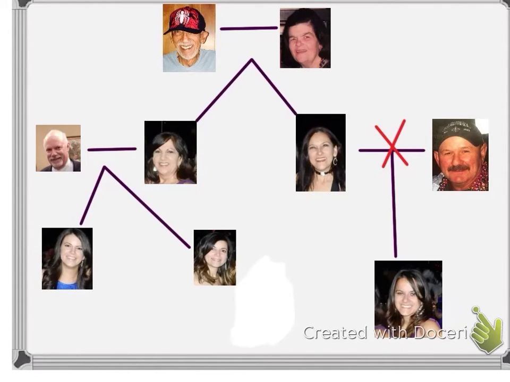This is my padre, it's my dad. This is my madre, my mother. This is mi abuelo, my grandfather. Mi abuela, my grandmother. Notice that all I had to do to change grandmother to grandfather is change the O to an A. Mi tío, my uncle. Mi tía, my aunt. Mi prima, my cousin. And mi otra prima, my other cousin. Again, I didn't use the word primo because I don't have a boy cousin.